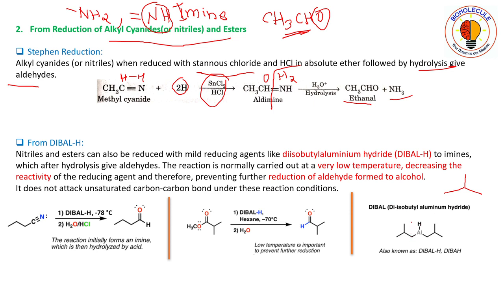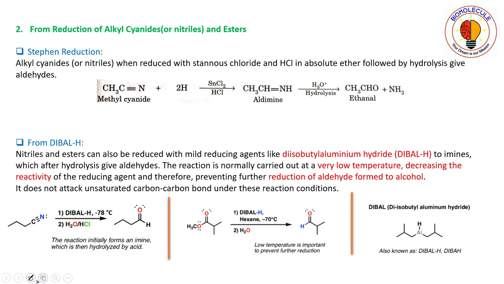So here you can see that this is two isobutyl groups, diisobutyl. This one is aluminum, and because of this hydrogen it is a hydride. You can see this molecule is like a robot type. These are its robotic arms, and this one is its robotic head. Okay, just remember like this. This one is kind of a robot. These are two fingers. This head is aluminium, and again two hands with two fingers and one